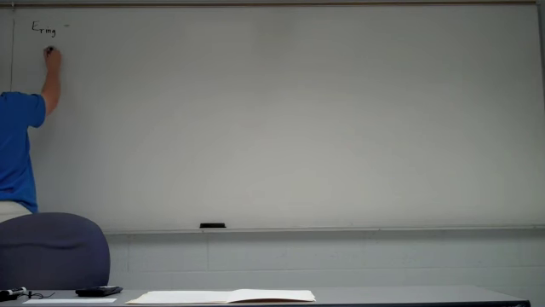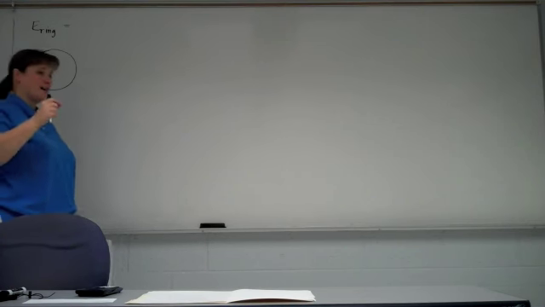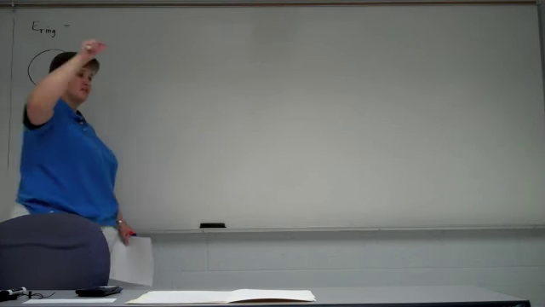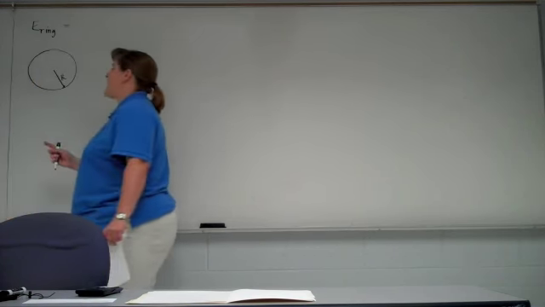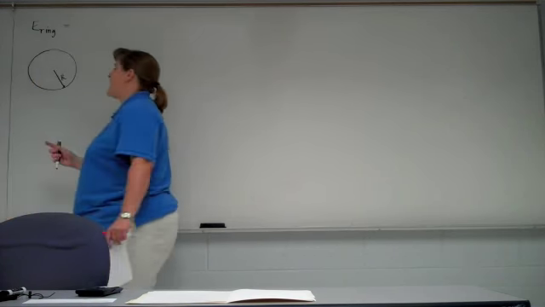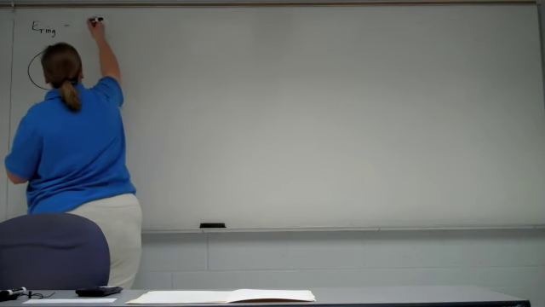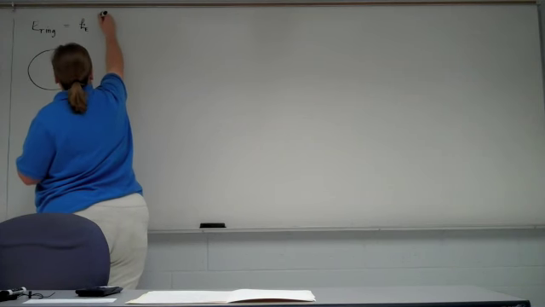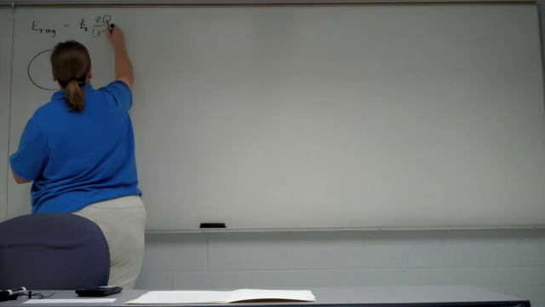For a ring, so if you have a wire bent around into a ring, if you want to find the electric field, the equation they give you is only along the axis. So if you imagine the axis coming out from the center, the equation depends upon how far away you are from the axis. We end up with K is our regular constant,